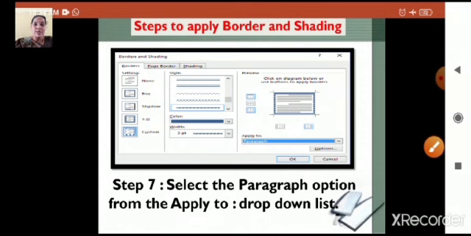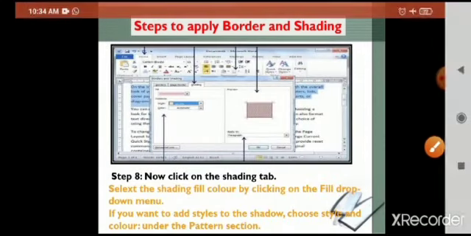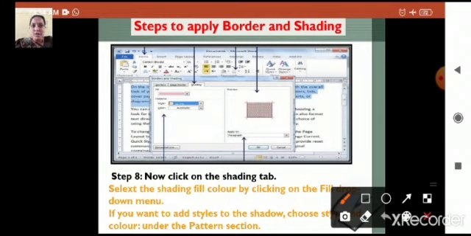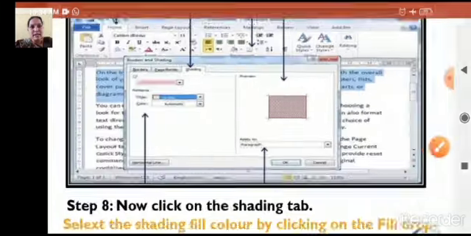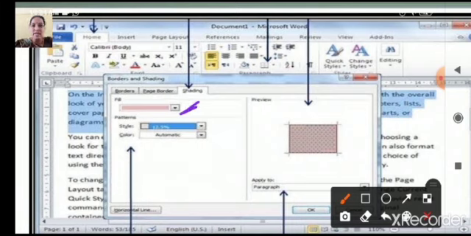So in continuation with the shading option, you need to click on the Shading tab. In the Borders and Shading dialog box, as I said, we have 3 tabs. There you need to click on the Shading tab. After selecting the text, you can click on the Fill option. Here you have the Fill option, children. There you get the drop down list again. Many colors will be available. You can choose which color you need.